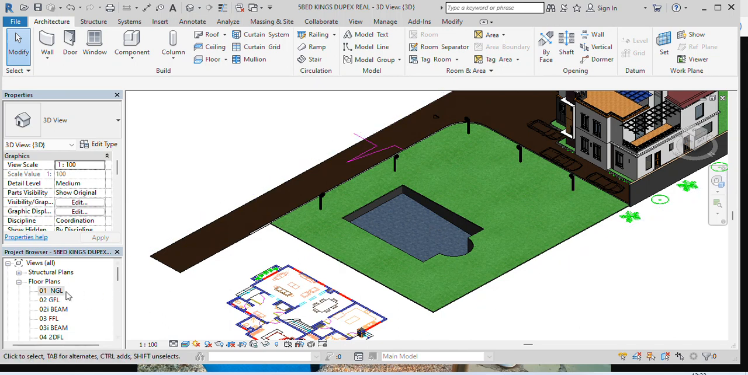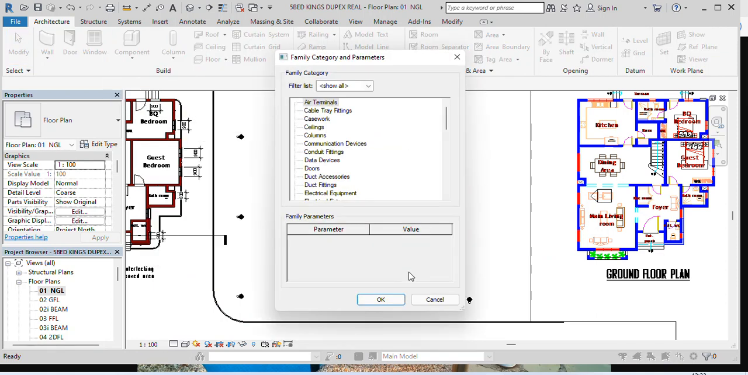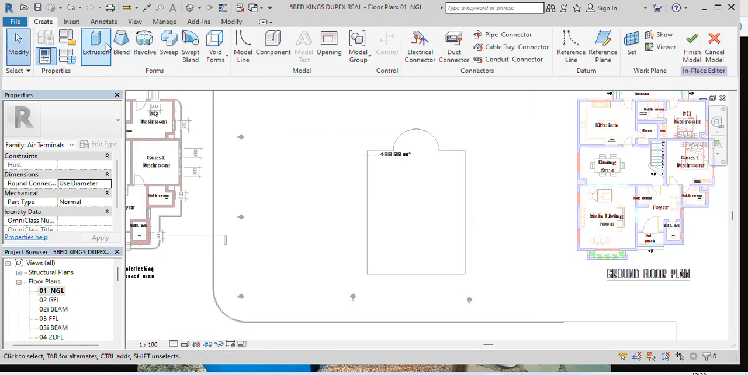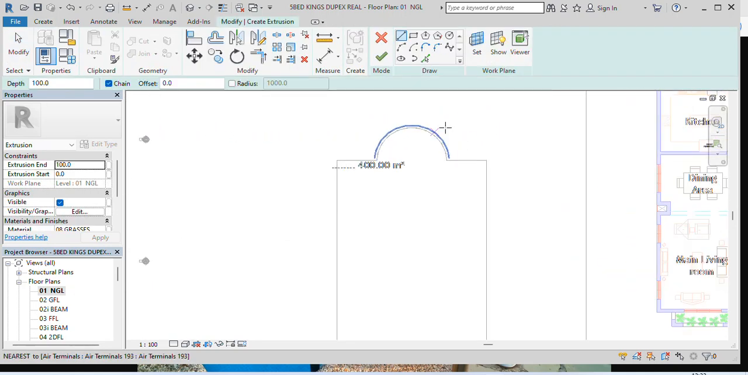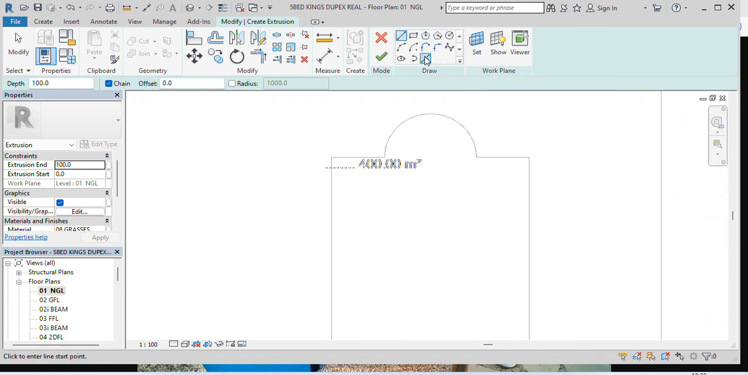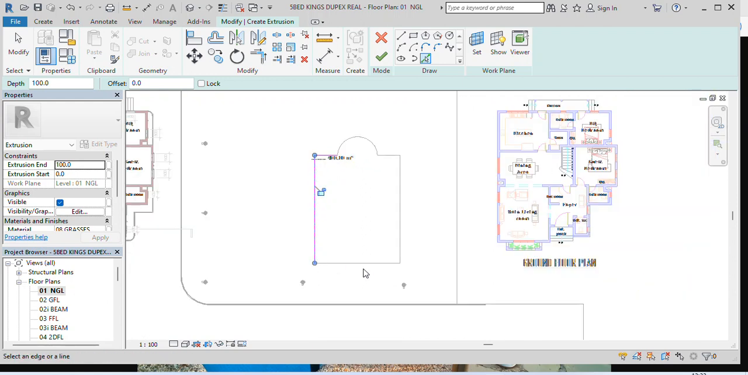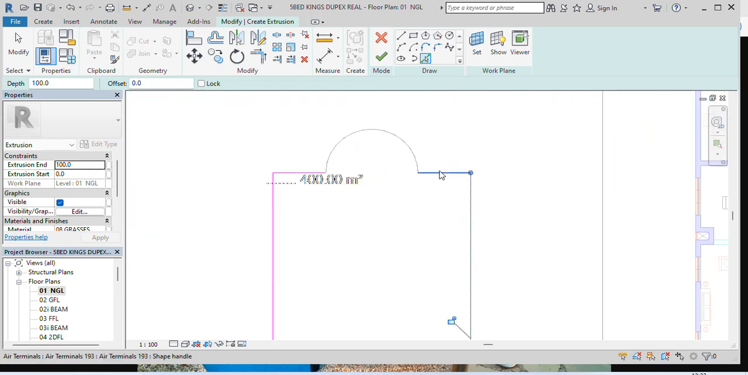So you go back to natural ground level, double click on it, go to architecture, then click on components, select model in place, click on OK, click OK again, go now to extrusion, click on extrusion, and go to pick line. Pick all the lines here. This time around there's no need of offsetting anything. You click directly on the line,